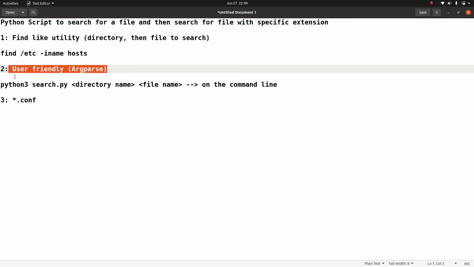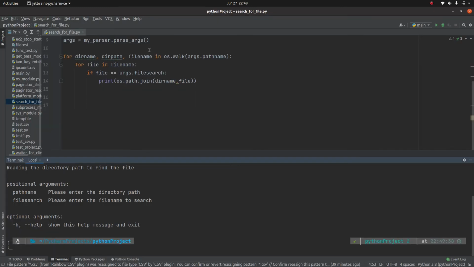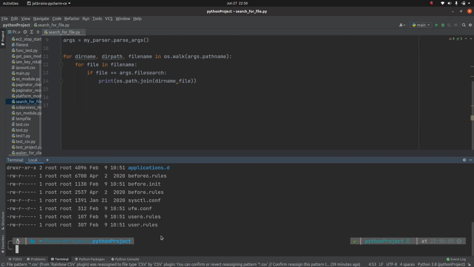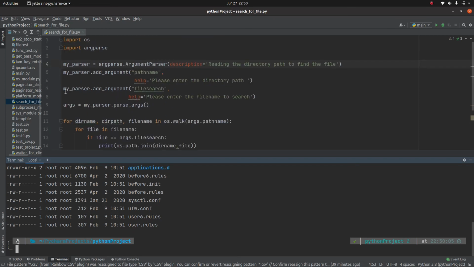Okay. Now our third task is to find all the files which end with a specific extension. So if you go inside this etc and let's convert it back to ufw, let's look for all the files which end with conf. Okay. So we need to make a minor modification in our script. Rather than using this argparse, let me comment this out.